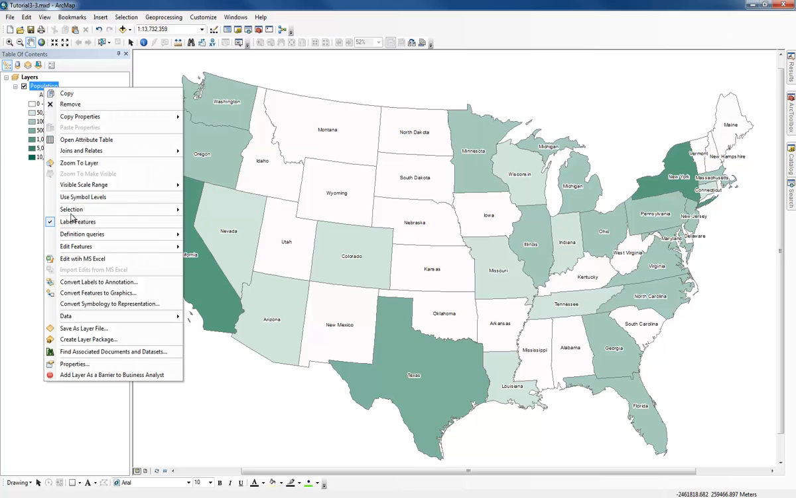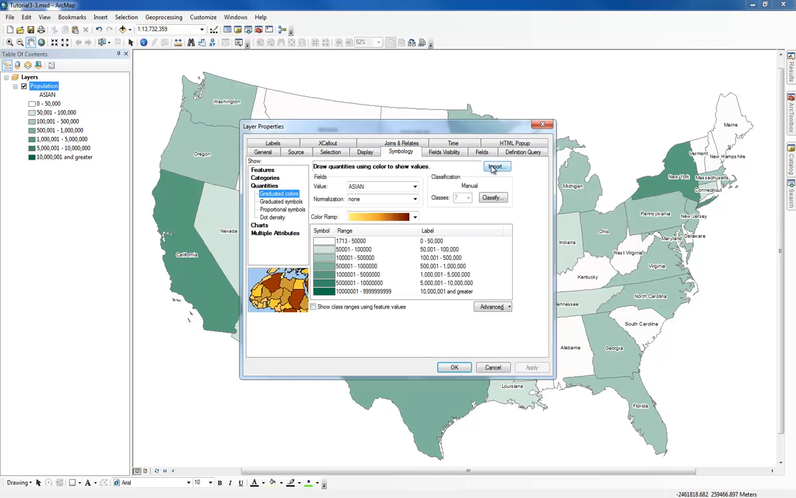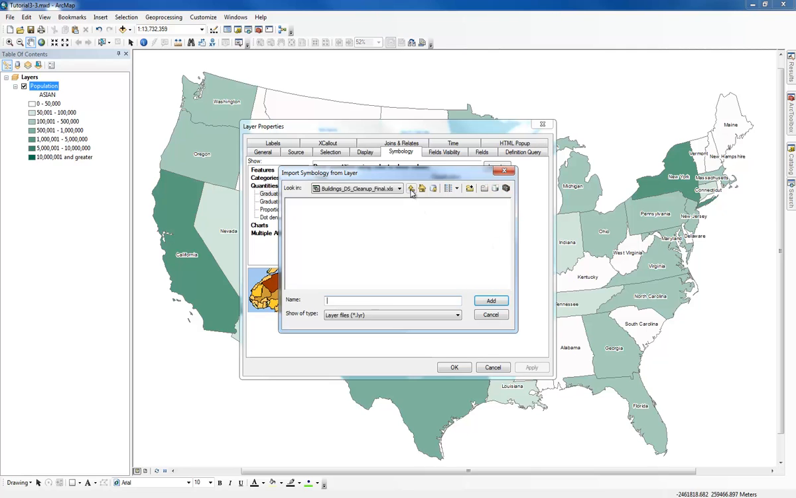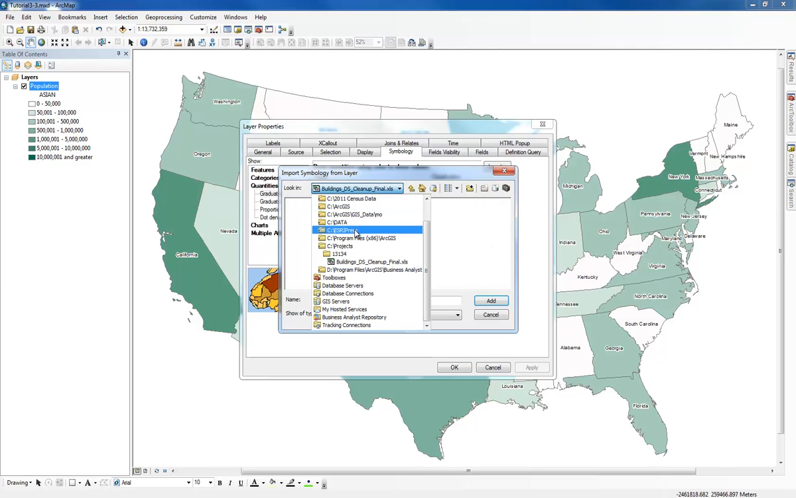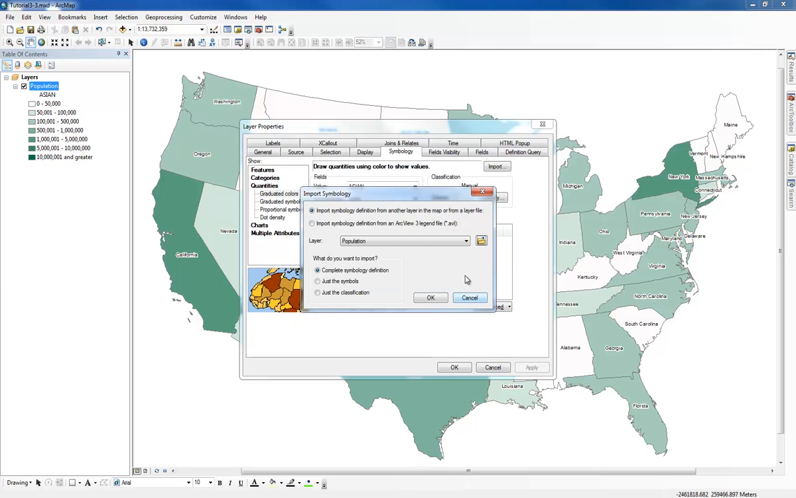Since we already saved that as a layer file, I'm going to right click, go to properties of population, go to symbology, and click on import. Once I select import, I can browse to my exercises, chapter 3, states population layer. I'm going to select that and click on complete symbology definition,